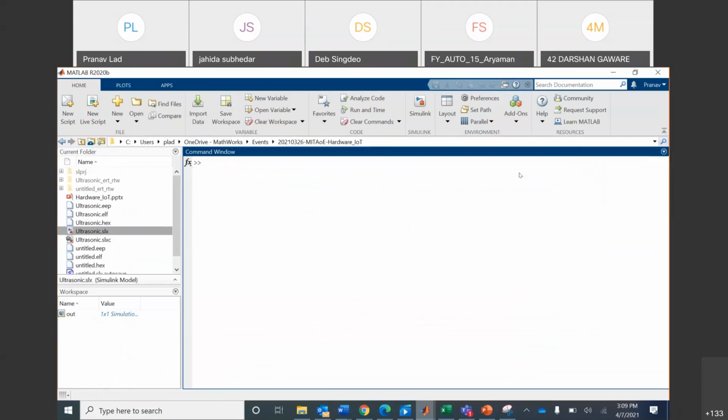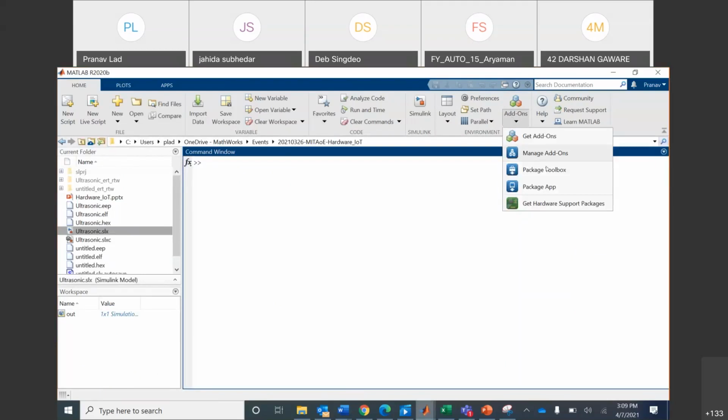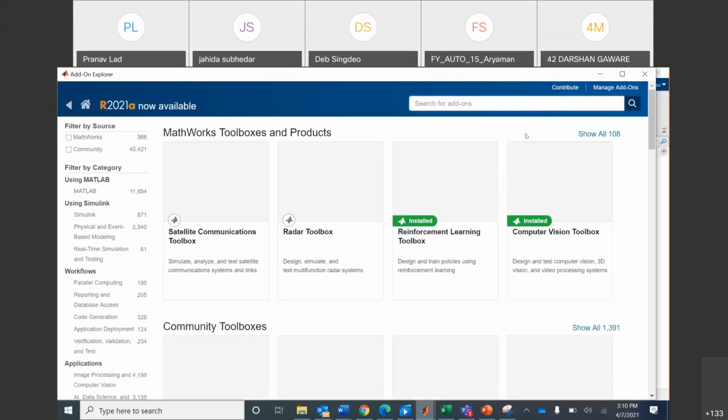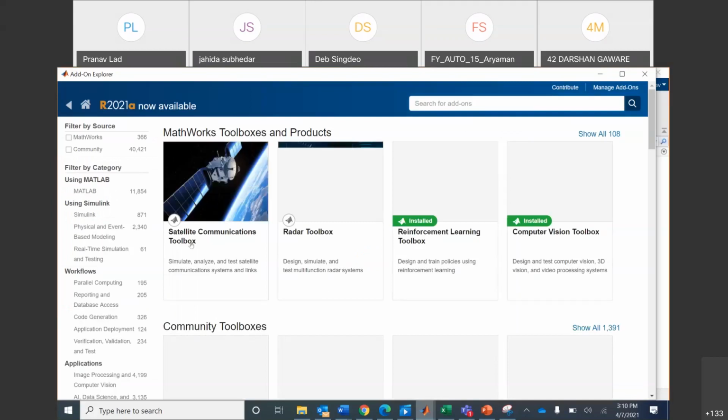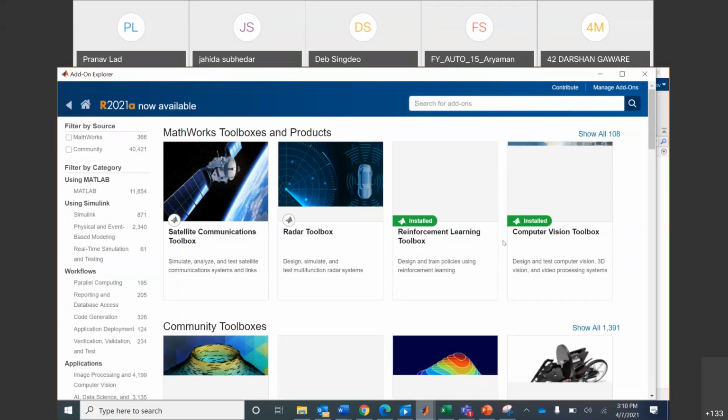But if you do not have that, you can at least install MATLAB and Simulink initially, and then whichever product you need, you can go to the Add-Ons later, click Get Add-Ons, and then install other toolboxes at any point in time, like Satellite Communications Toolbox, Radar Toolbox, Reinforcement Learning, Computer Vision, and so on.